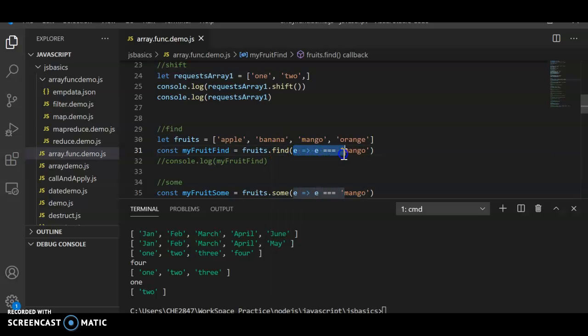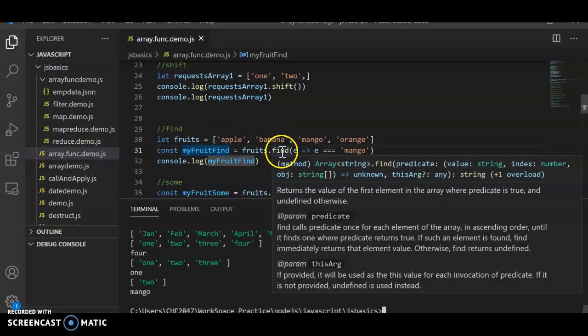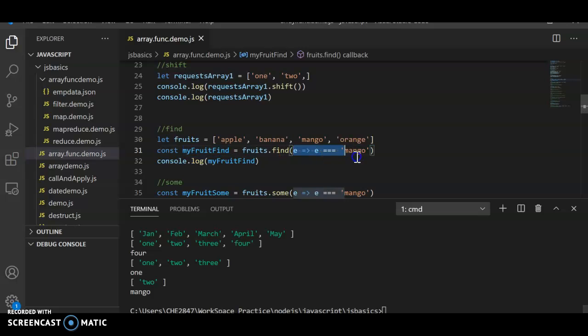I'm iterating over each element of this fruits array and checking if that element value is mango, and then I'm going to return that. So what is the expected answer? Mango should be printed. The best way is to type this in parallel: you can pause this video, type something similar, and practice it. That's the way to remember these functions forever. Let's run this. Mango, right? It's printing mango, so it's returning the value. Find returns the value from the array that matches the given condition.